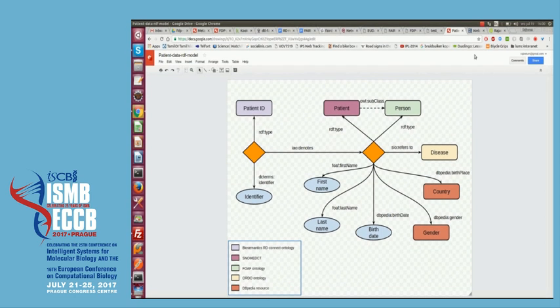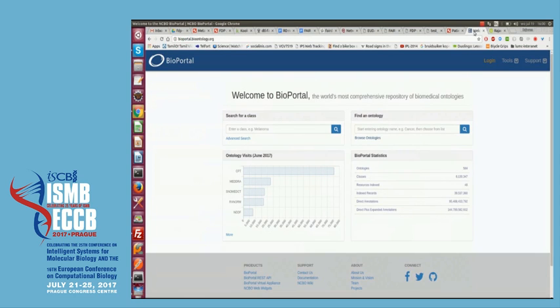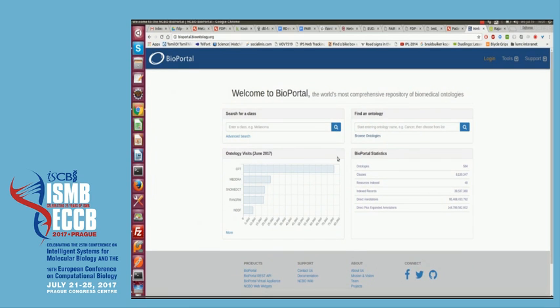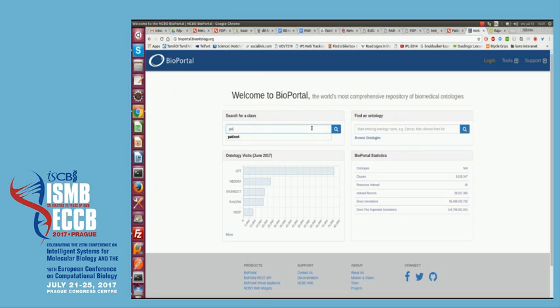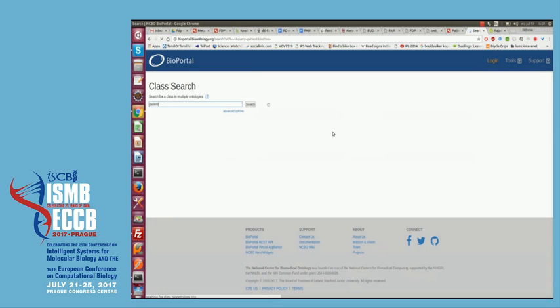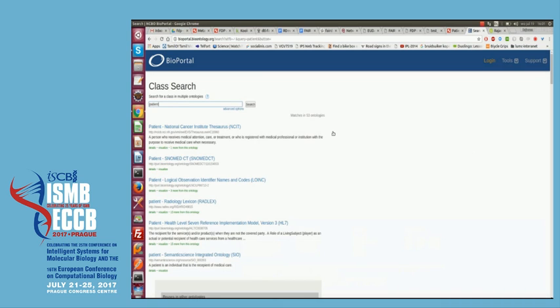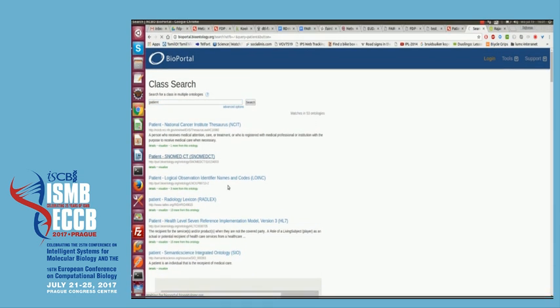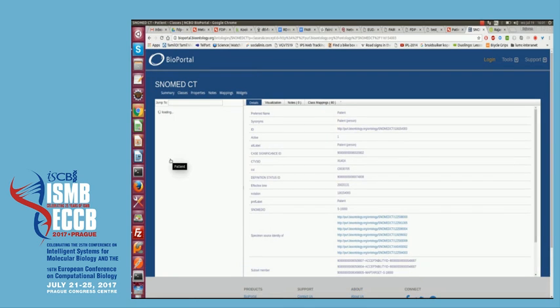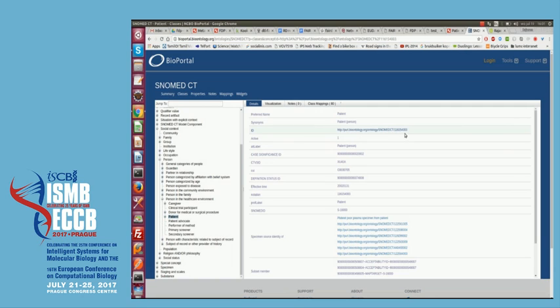So you can use existing ontology repositories like BioPortal to search for an ontology URL. So I'm going to search for patient in BioPortal, and BioPortal will suggest a list of ontologies which contain the patient concept. But according to my model, I'm supposed to use the patient URL from SNOMED CT. So this is the type definition URL that I'm going to use for my triple. So when I go back to the verifier,